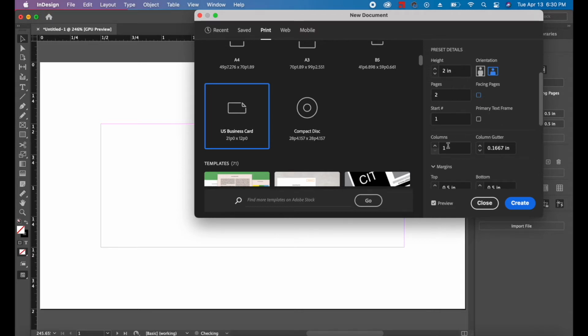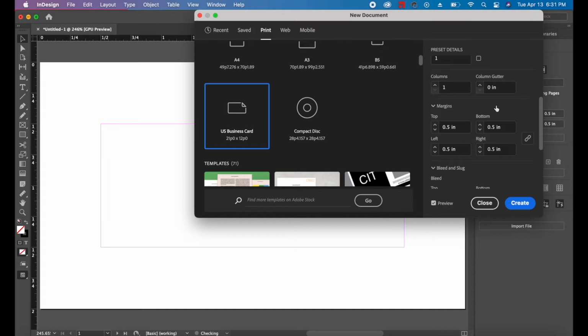Okay, let's see here. Columns, I only need one column. And the column gutter is pretty much the spacing between each column. Since I only want one column, I'm just going to change this to 0. I don't need anything else for that. Okay, so after you're done setting the column gutter,